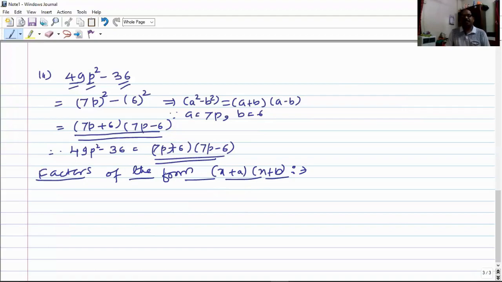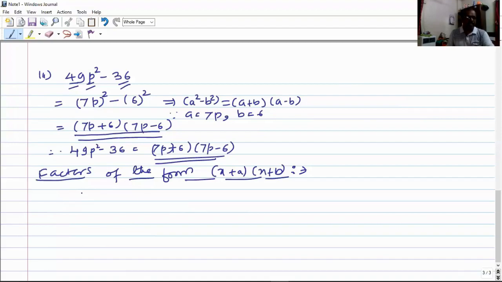If the middle term is positive, we say that the first identity can be applicable. If the middle term is negative, we say that the second identity is applicable. So it can be factorized, we have seen. But even when we are given three terms, where the middle term is either positive or negative, in some cases those two identities are not applicable.